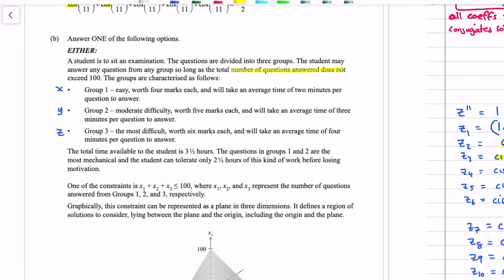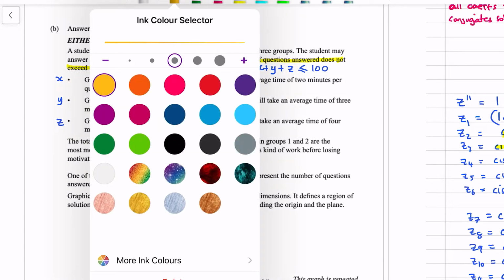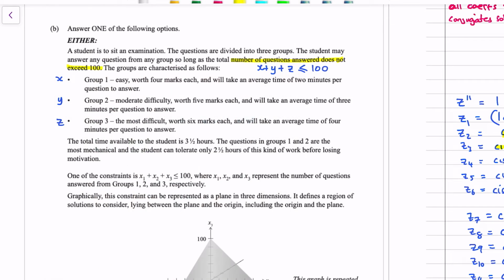The total number of questions does not exceed 100, so X plus Y plus Z must be less than or equal to 100. We've got some time in there. Each question takes a different amount of time. The total time available for the student is 3.5 hours, which we can convert to minutes. 3.5 hours is 210 minutes. So this time constraint